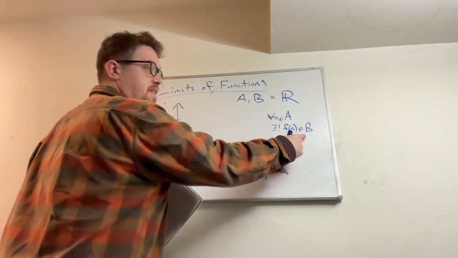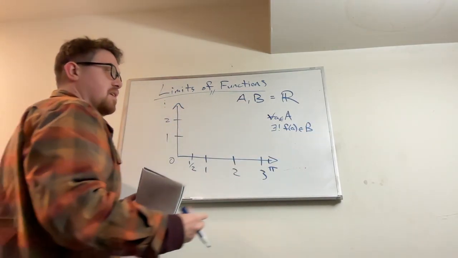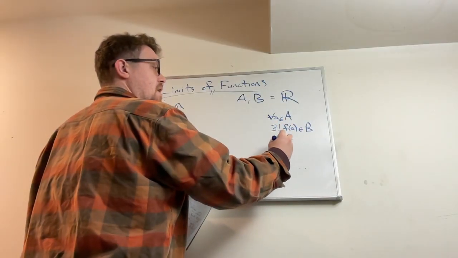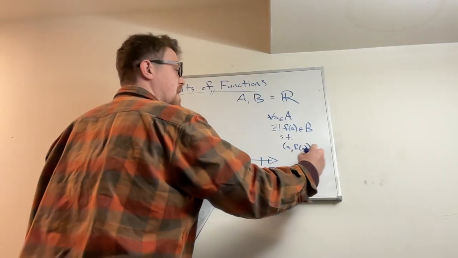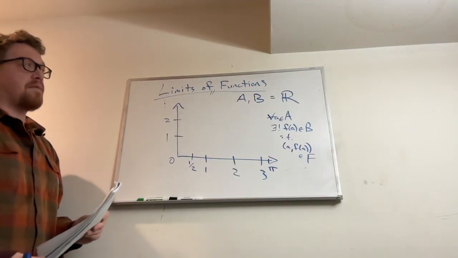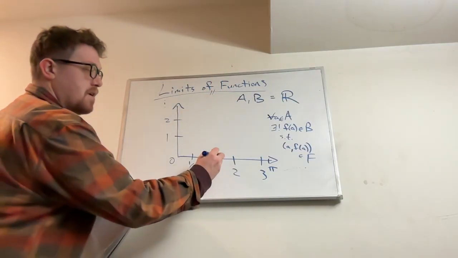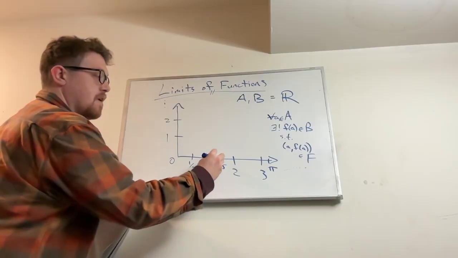Oh, I think I forgot to write this last time, but there's f of A is in B, of course, in the set B, such that A comma f of A is in big F, the subset which represents the graph of F. So that means that for every element here, if I pick an element like 1.5 or something,